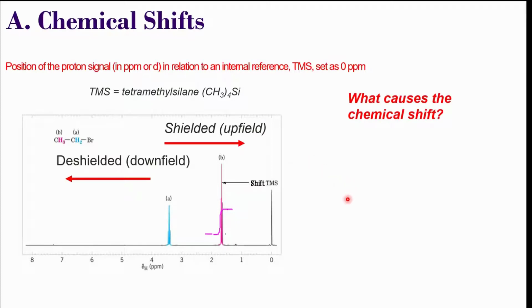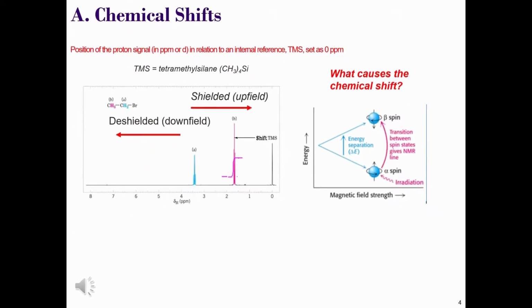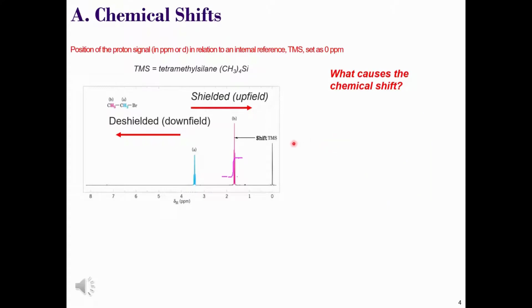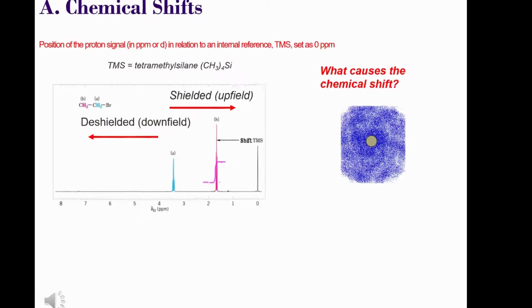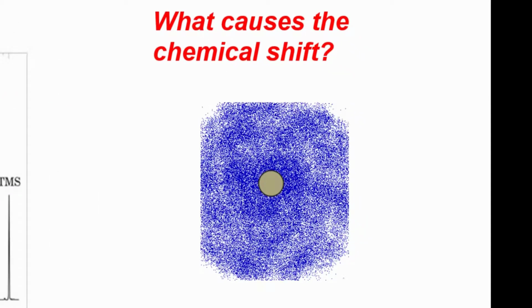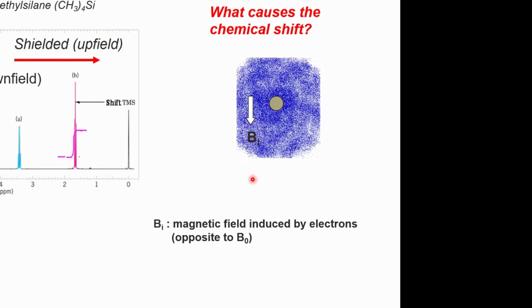In the last video we talked about the difference in energy levels between 2 spin states, alpha and beta, of our protons in a molecule. Each proton in an organic molecule is surrounded by an electron cloud which generates its own induced magnetic field. Electrons are charged particles in motion also, and this induced field is opposite to that of the applied magnetic field